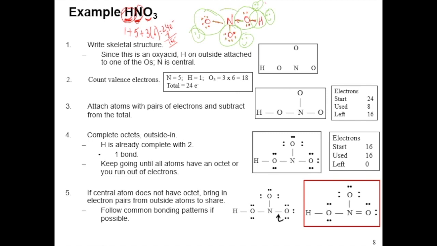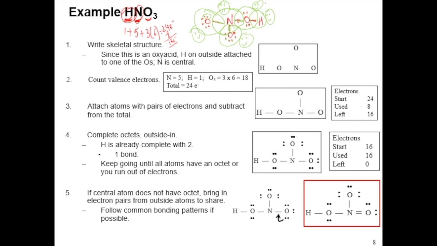How about nitrogen? Nitrogen only has these bonds. So it has 1, 2, 3, 4, 5, 6, which means nitrogen here is not happy. It only has 6 electrons. It needs 2 more. So now we will have to go to rule number 5, which was whenever the octet for the central atom is not completed, you can take a pair of electrons from the atom that is attached next to it